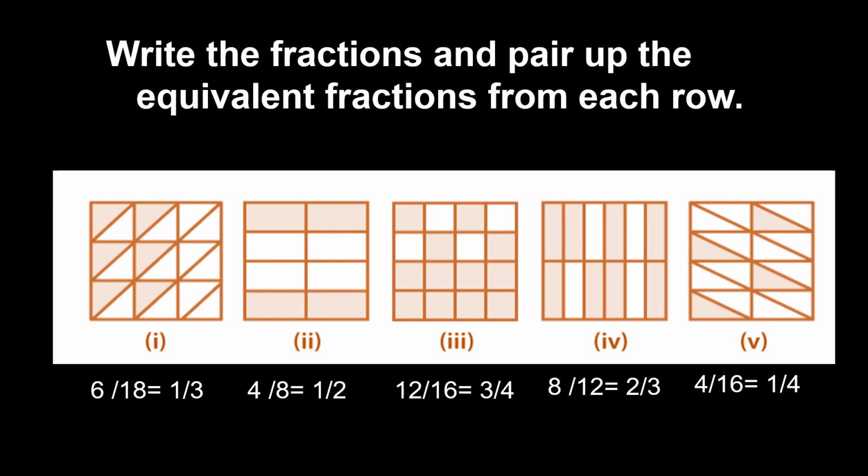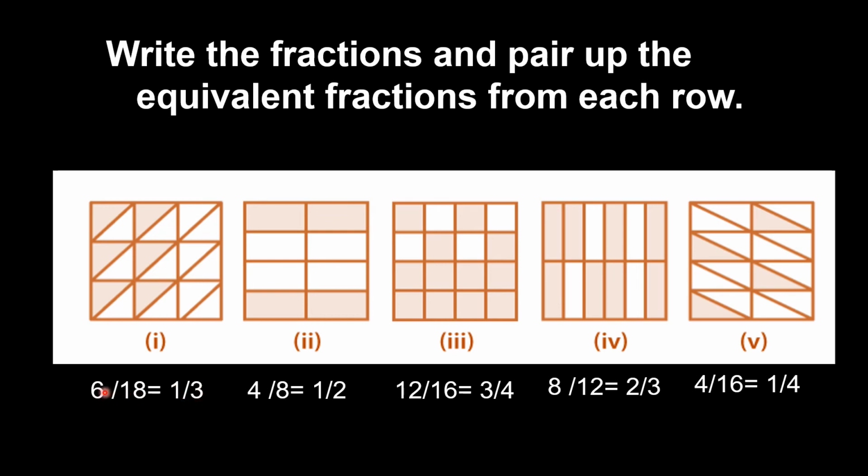6 by 12. 6 by 18. 18 triangles are there. So out of that, 6 has been shaded. 1, 2, 3, 4, 5, 6. 6 by 18. That is equal to 1 by 3. You know how to convert it into